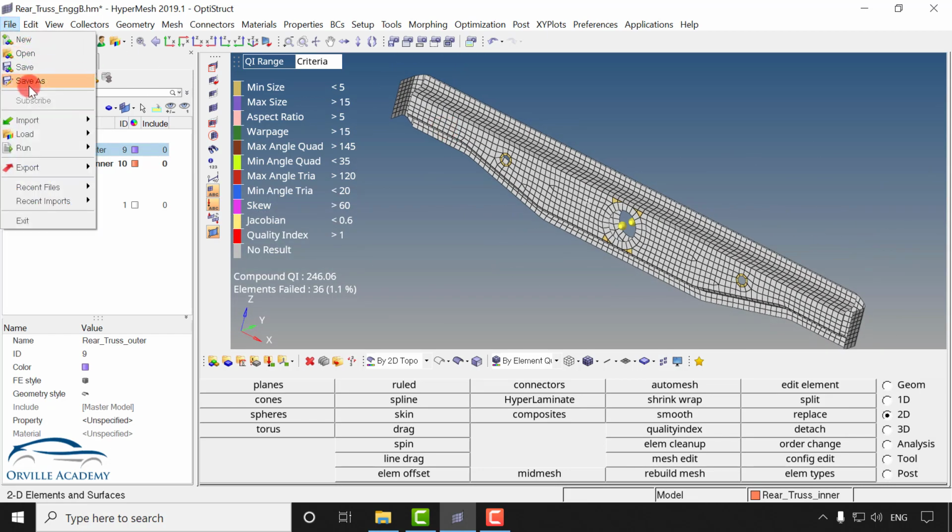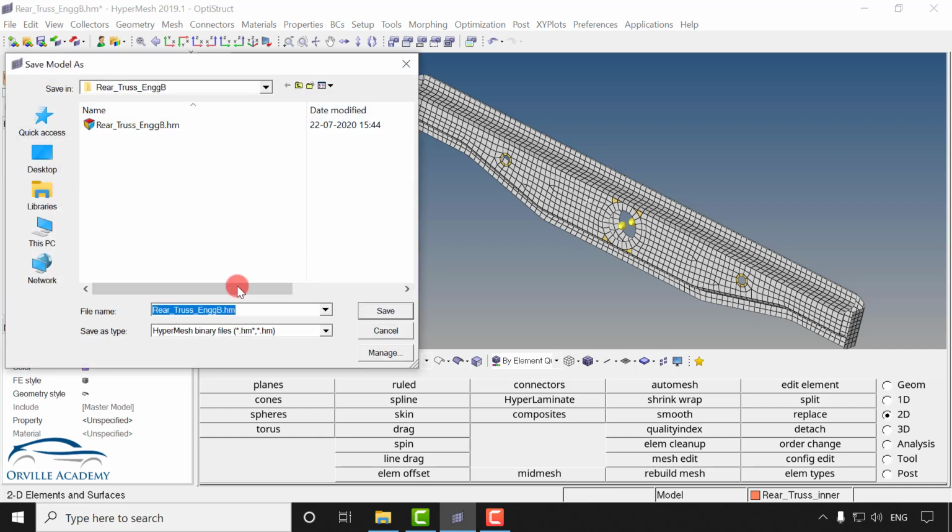So we can go for file, let's say save as. Generally whenever you work in a company, always try to save your file after certain intervals. For example, after you have done some critical operation, or before you are going to do some critical operation, try to save your file, because even if the workstation hangs, or even if the software crashes, you will have the recovery file. So here I will remove this engineer B, and here I will put the date, or you can put final also, and let's say OK.